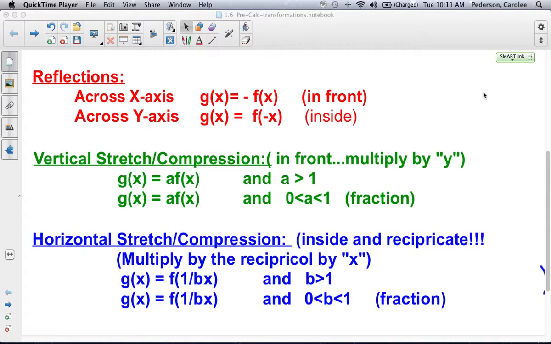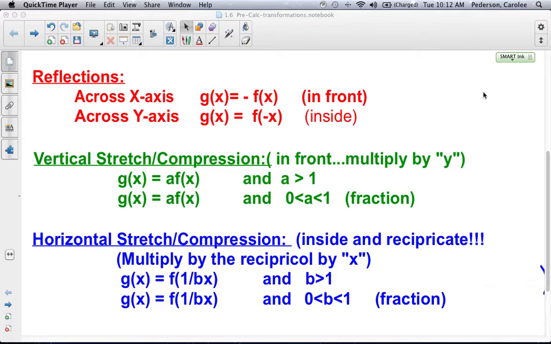This is 1.6, day 1, part 2. We've covered vertical, horizontals, and reflection transformations. We're moving on to our last two, vertical stretches and compressions, and horizontal stretches and compressions. These are probably the hardest to get because you have to now physically change the shape